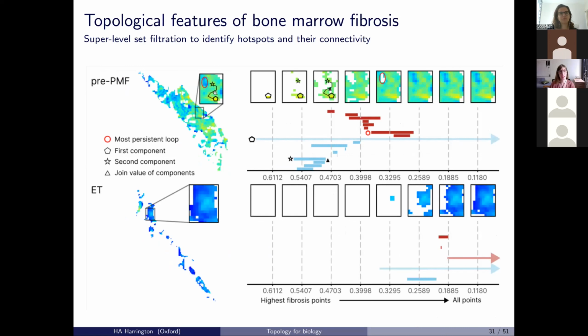And what we can see is with pre-PMF versus ET, we can find some of these components, and then we see where they merge. And so we have a most persistent loop here, where we can see that here. So we can look at the loops as well as the connected components. And these, the birth and death and all of these different possible topological features are